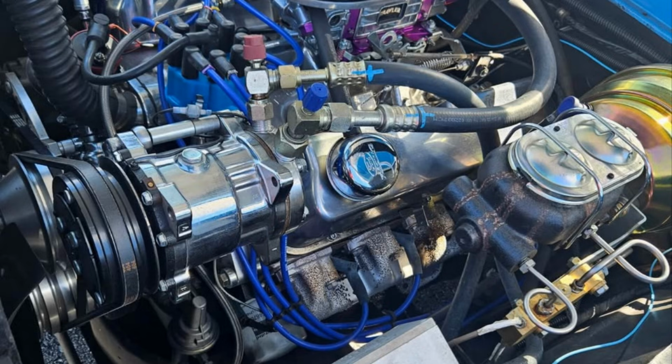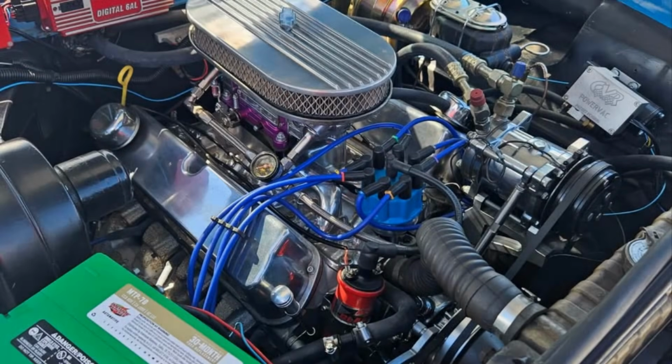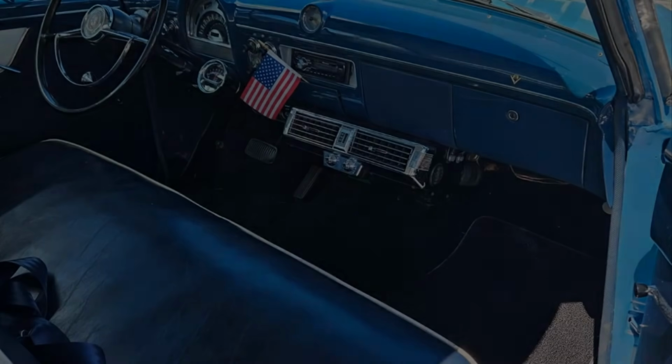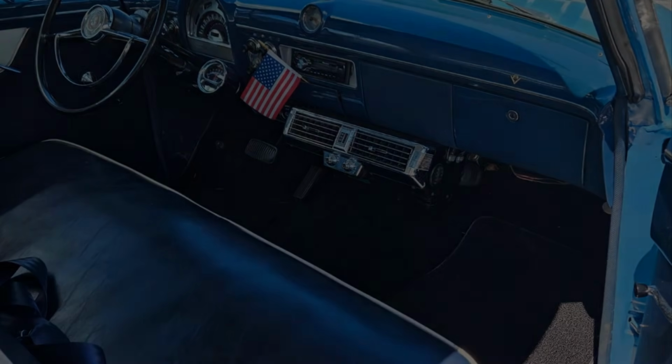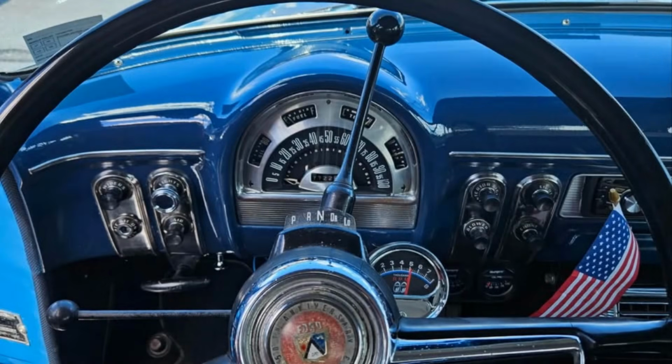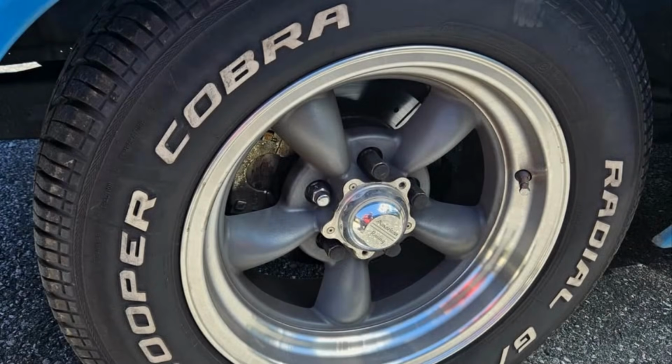The seller notes that the car is cruise-ready, reinforcing that it is mechanically sorted and intended to be driven rather than trailered or stored away as a static display piece. Visually, the body and paint are described as nice, with the car presenting as straight and well cared for, even if it is not positioned as a flawless, Concours-level restoration. This honest description sets realistic expectations, suggesting a car that looks good, draws attention, and can be enjoyed without the